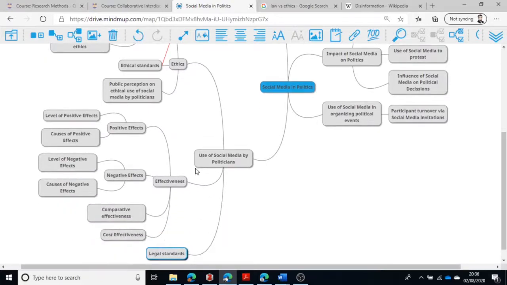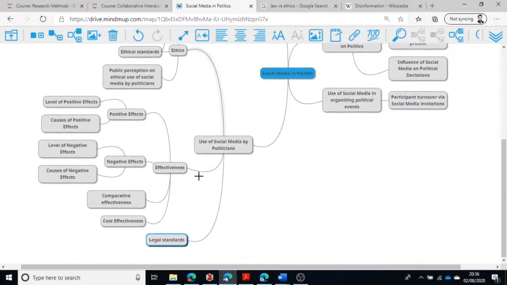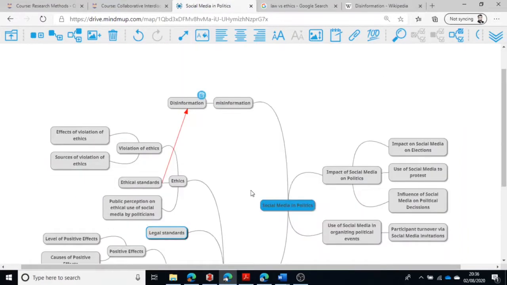Right? Now I have the question of which one I am interested in studying. I realize that it is the legal standard I am interested in studying. Then I link legal standards to this information,